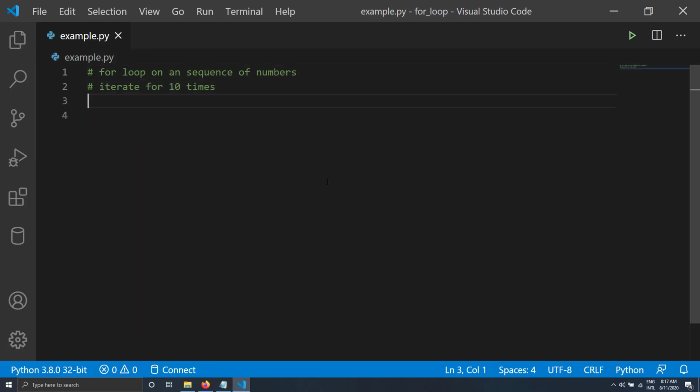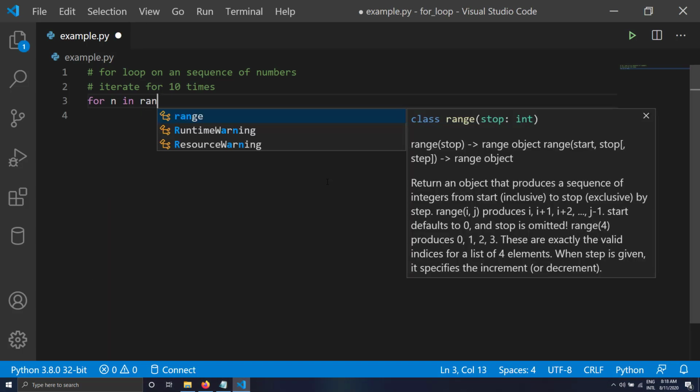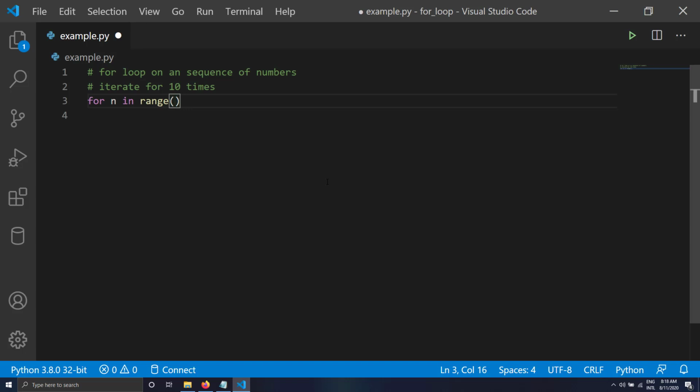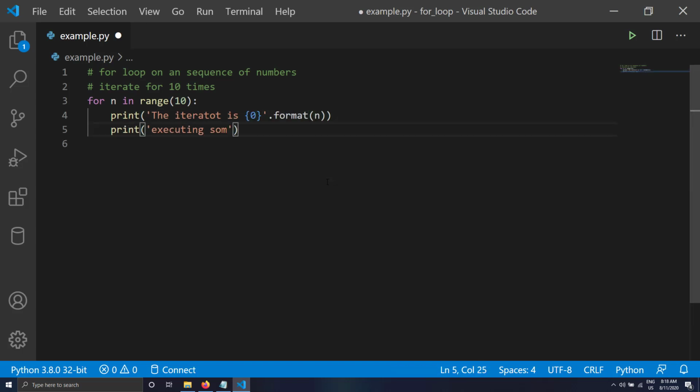Now let's see how we can use for loop on a sequence of numbers. So the common use case would be if I want to iterate or do a task for 10 times. So we just use the range function with for loop. This is how the syntax would be. For n in range 10. And I'll just write